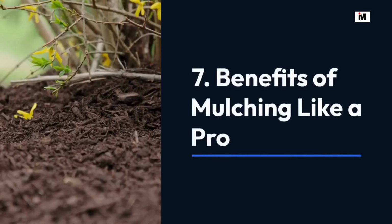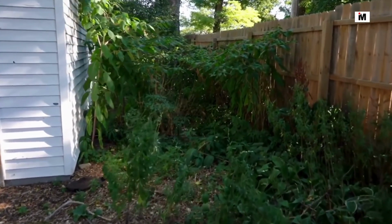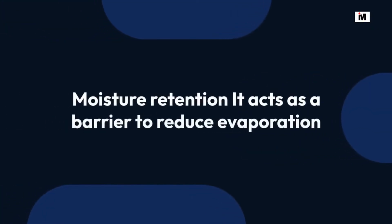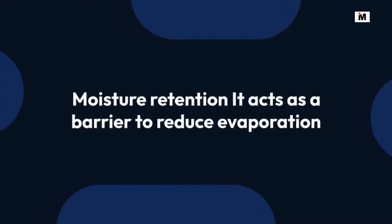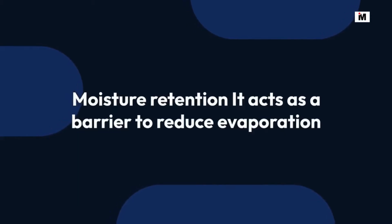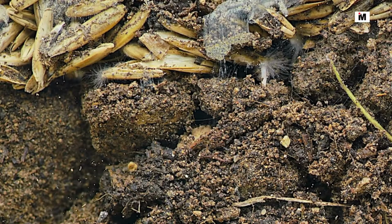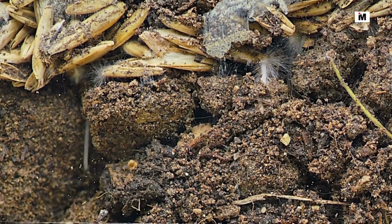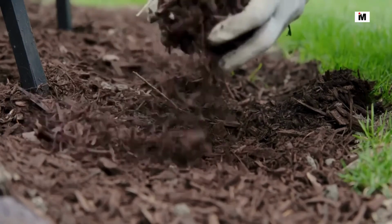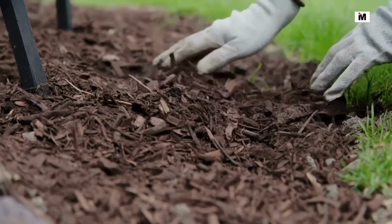7. Benefits of mulching like a pro. Weed control. Mulch blocks sunlight from reaching weed seeds, helping to prevent weeds from sprouting. Moisture retention. It acts as a barrier to reduce evaporation, helping to keep the soil moist for longer, especially in hot weather. Soil insulation. Mulch helps protect plant roots from extreme temperatures, keeping the soil cooler in summer and warmer in winter. Aesthetic appeal. Properly applied mulch can give your garden beds a polished, uniform appearance, enhancing the overall look